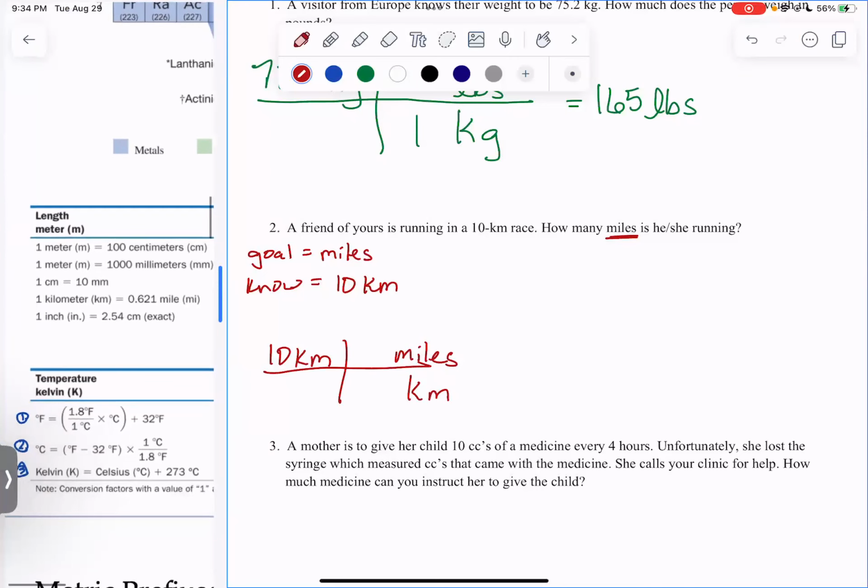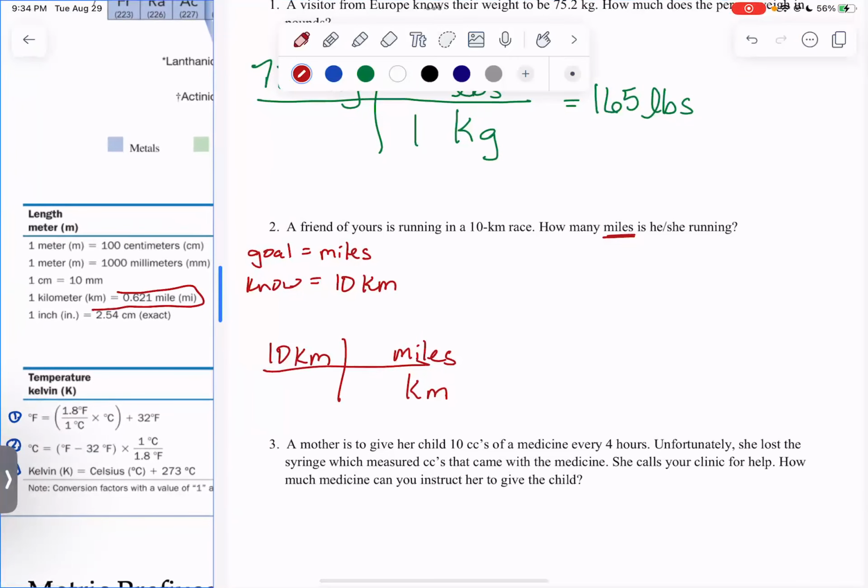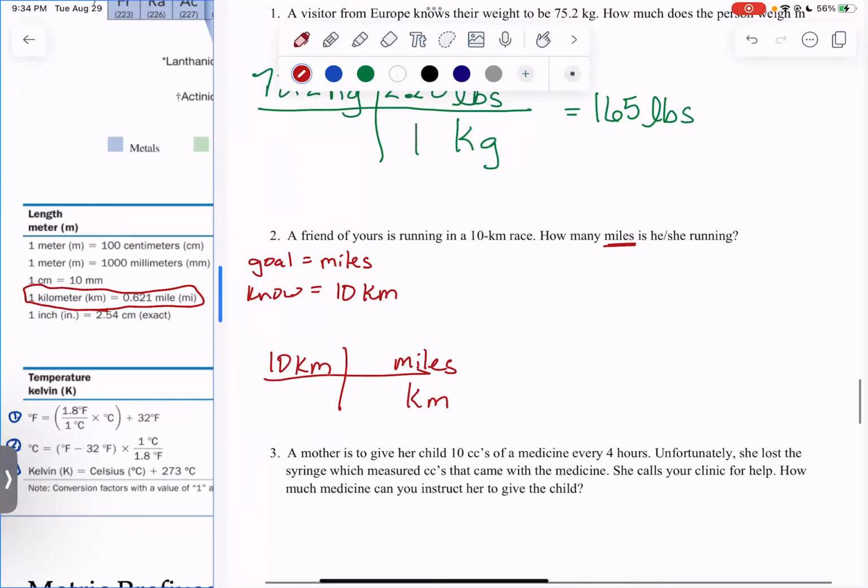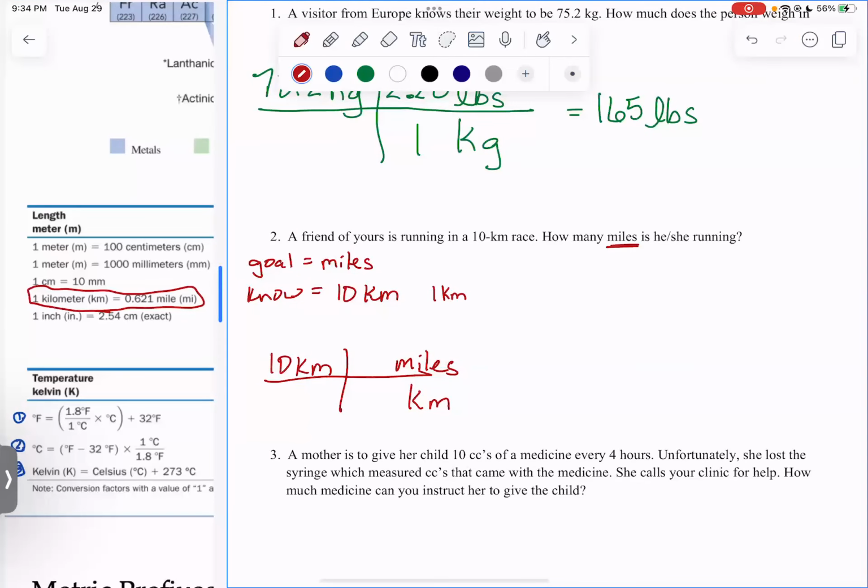And so here I can see I have this relationship between kilometers and miles. I know 1 kilometer is equal to 0.621 miles. So all I have to do is plug that in and say 1 kilometer is 0.621 miles. My kilometers will cancel. I'm left in the unit that I want, miles. And so 10 times 0.621 is 6.21